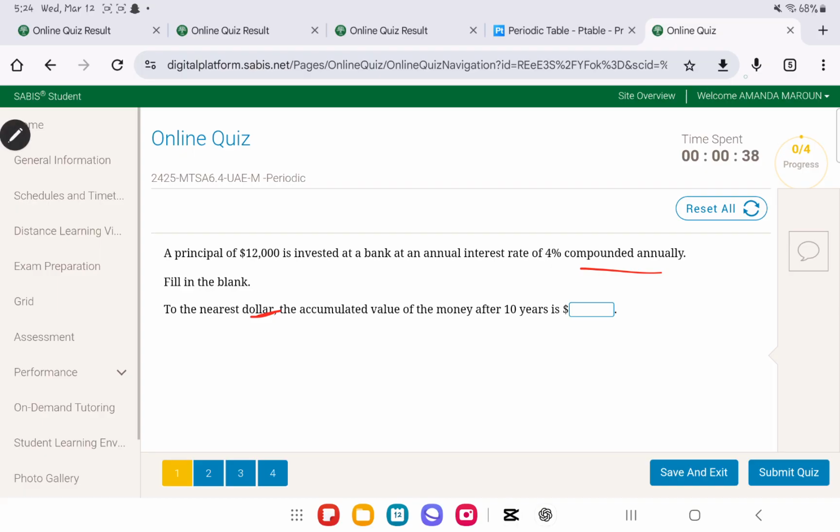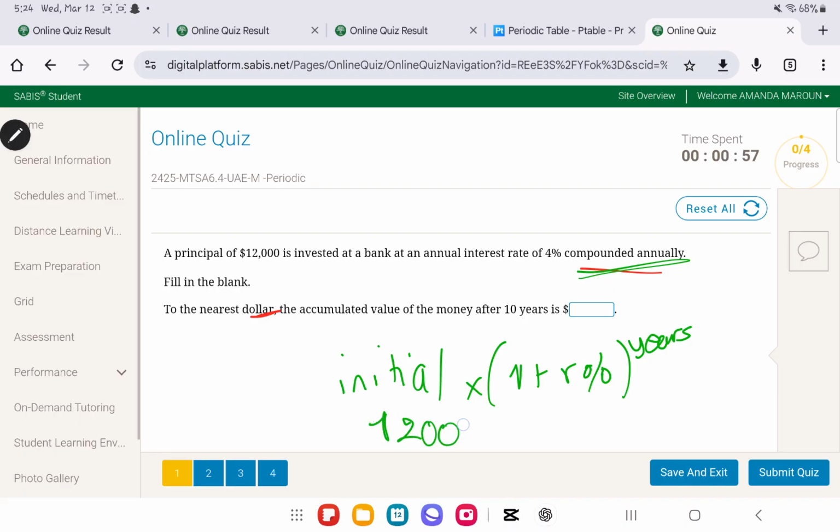So keep in mind, the equation is initial amount multiplied by 1 plus the percentage to the power of years. This is if it's compounded annually. So in this case, it's 12,000 times 1 plus the percentage, which is 4%, to the power of 10 years. If you put it on your calculator, you are going to get an answer of